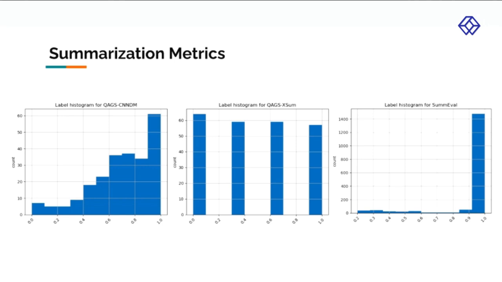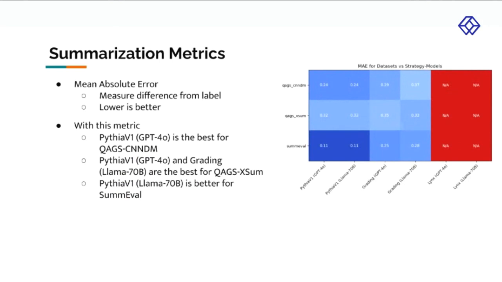So let's pick a different metric. Let's see if we can get a metric that's better for both. So let's look at mean absolute error. And this is the reason why this one's better for both: what we're going to do is treat the human labels as just like a line, and then we're going to measure the error from that line. That doesn't excessively penalize more or less granular systems. So in this case, lower is better.